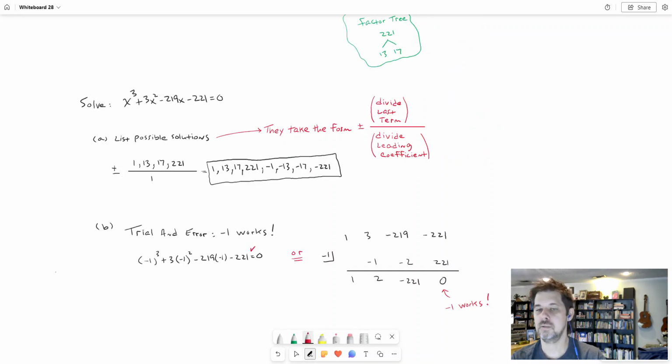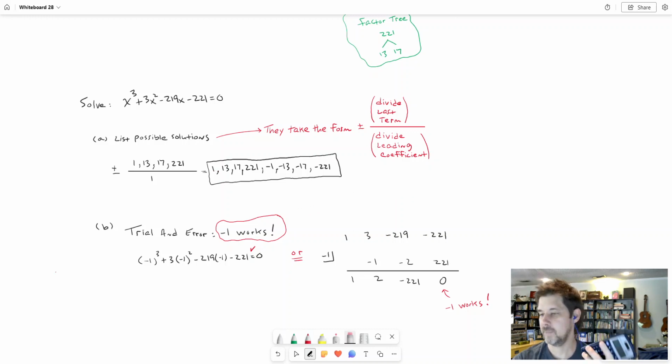All right, so here's the results of my trial and error. So first, I used my handheld calculator, and I just went through these numbers on the list, and it might seem like that would take a long time to do, but it didn't take me that long to figure out that -1 is the number that worked, okay? So, you know, I actually tried 13 and 17, and I tried 1,